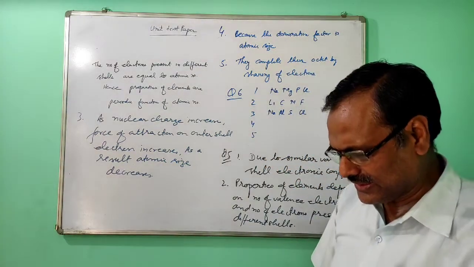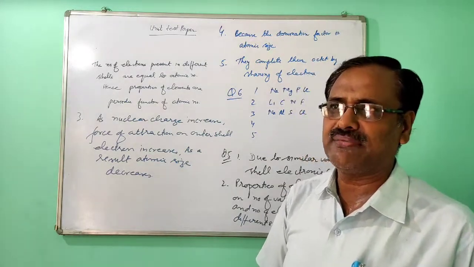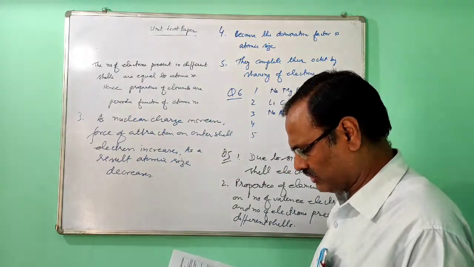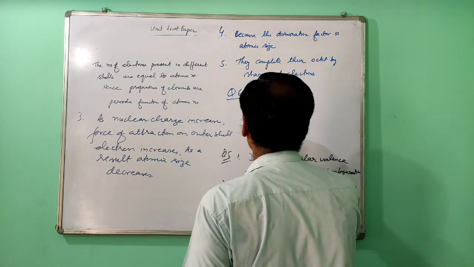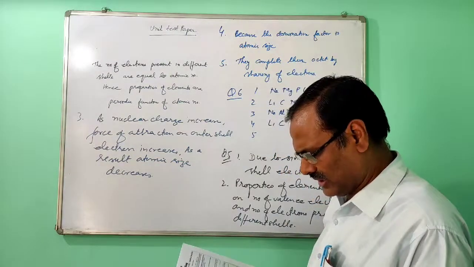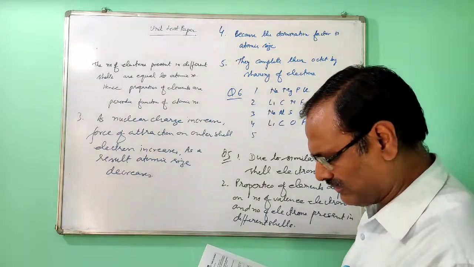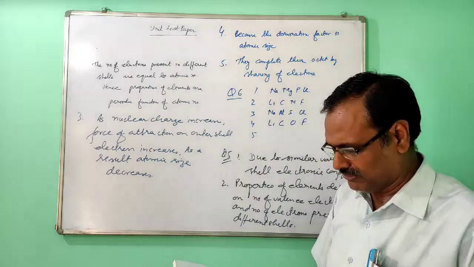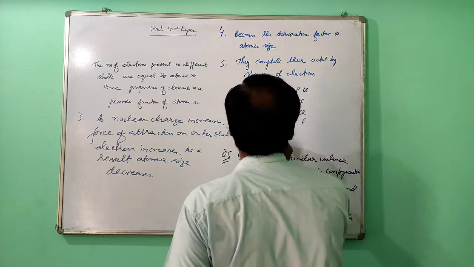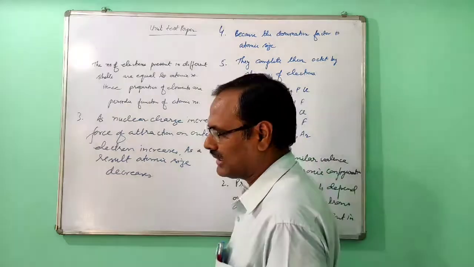Now the next one is increasing order of electron affinity. They belong to the same period, and when you move in a period from left to right, electron affinity increases, so we can write: lithium, carbon, oxygen, fluorine. Now in increasing order of number of electron shells, they belong to the same group, and moving in a group from top to bottom, the number of electron shells increases, so helium, neon, argon. So these are the answers.